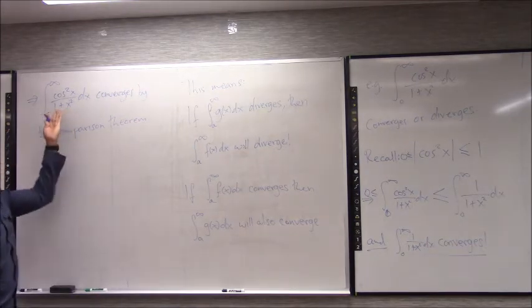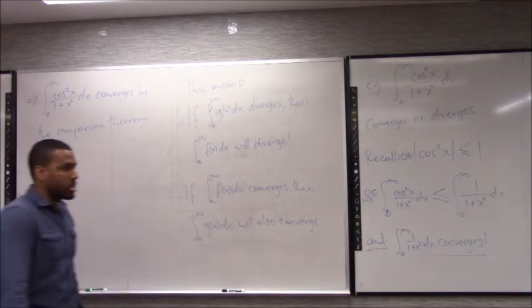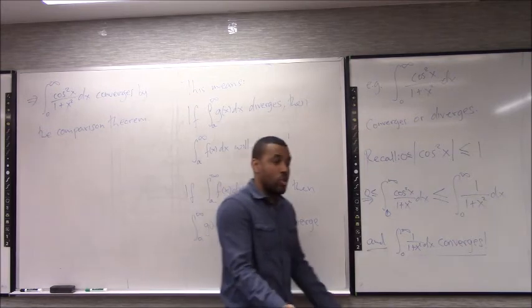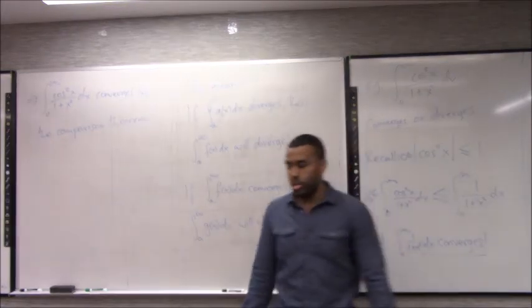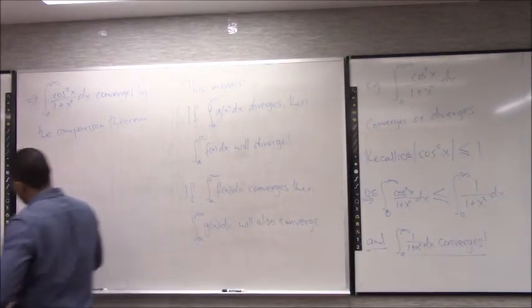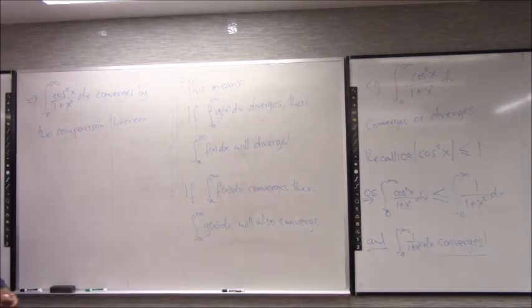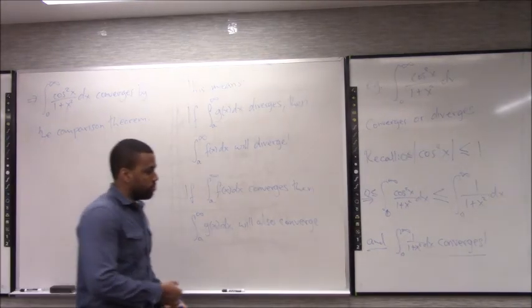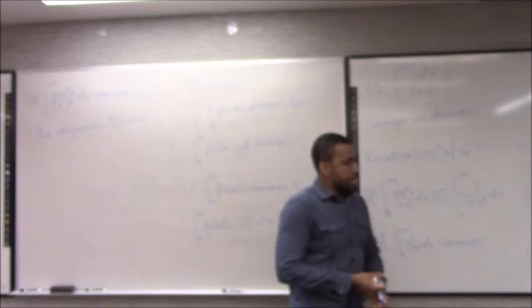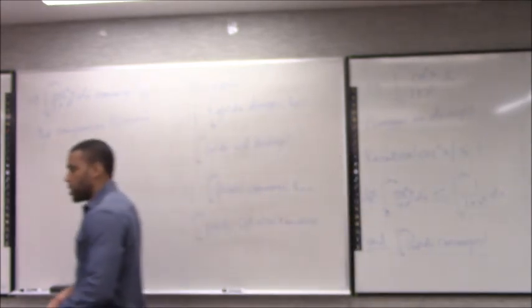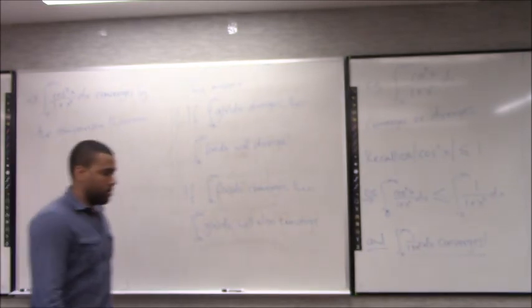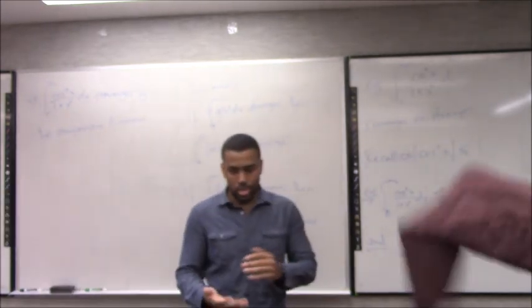So we don't know what this value actually is. We can approximate it, but at least I know there's a value out there that's worth looking into. We'll stop there. We'll do a few more examples on this next time. We're supposed to do work, then arc length, but I'll probably do arc length first because it's a much shorter topic, and we can get it done a lot quicker.